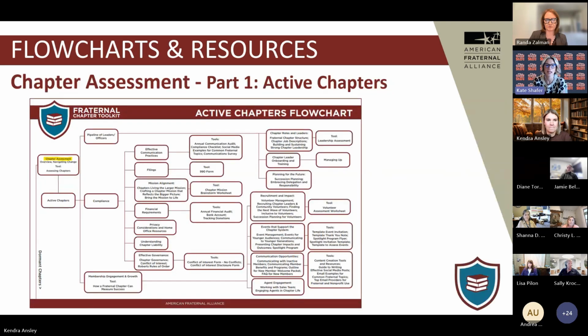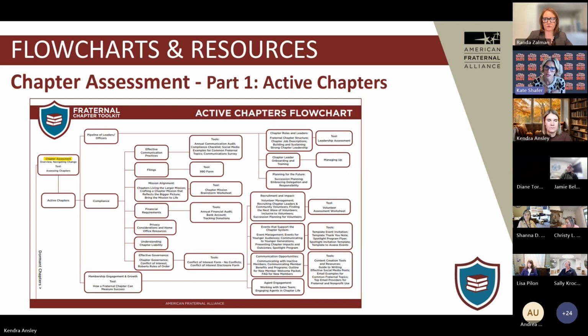And it's funny because initially the home office operations part of the toolkit did not exist. We were strictly focused on just evaluating the chapter system. And as we got into it, we really realized we needed a component to support the fraternal operations. So that's just one of the ways that this toolkit has evolved and expanded as we've put ourselves in your shoes and tried to think about the situations that you are in as fraternal department leaders dealing with the chapters.